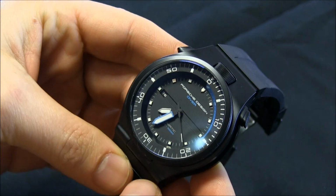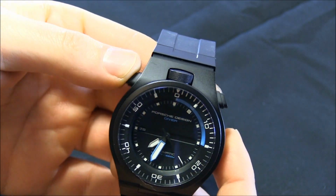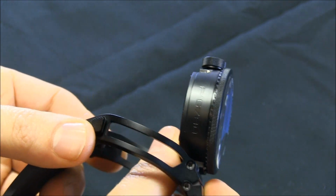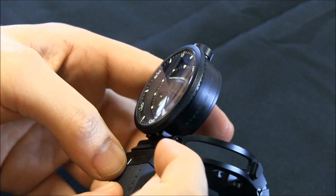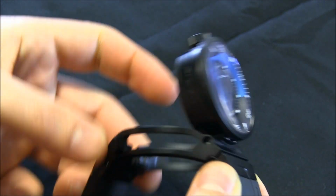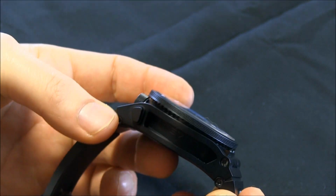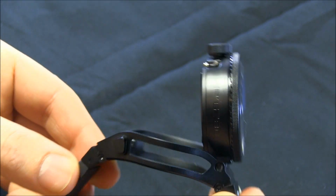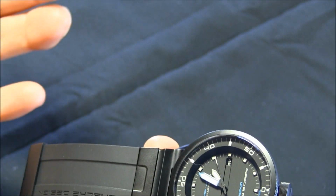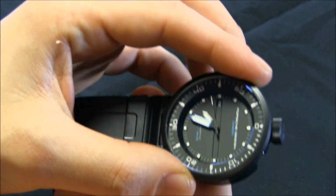So the first thing you notice is this case looks really unique. It looks like it has little ears here. And these are pushers. And you push this, and the case pops out. It looks like a compass or something in this way. And when it pops out, it doesn't just flop back. It actually has a mechanism there where when you put it up, it actually locks. Now, what this does on this version is it's a release to make it so you can turn the rotating